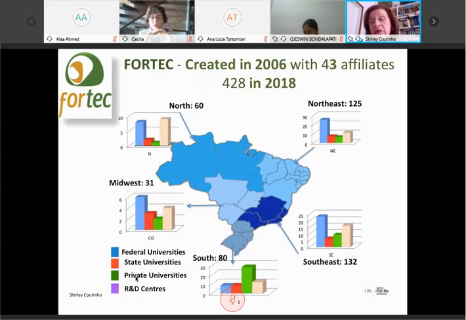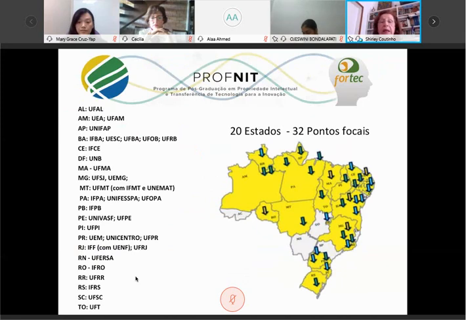And this is very important because, as you know, before the innovation law, all the TTOs were in the south and southeast. Nowadays, from the north to the south, we have many activities in IP protection, strategic use of IP, and technology transfer or knowledge transfer. But we have already made some progress, though we still have gaps.